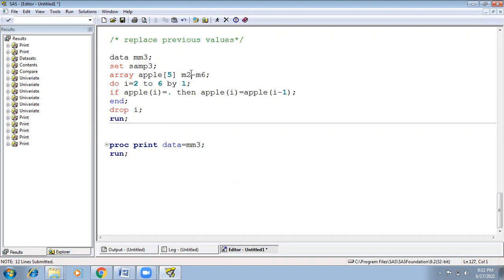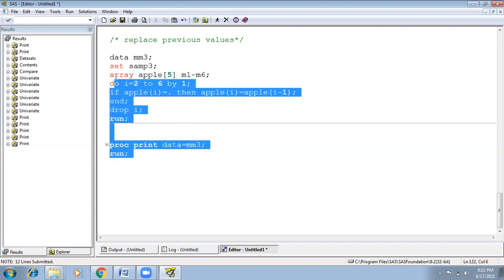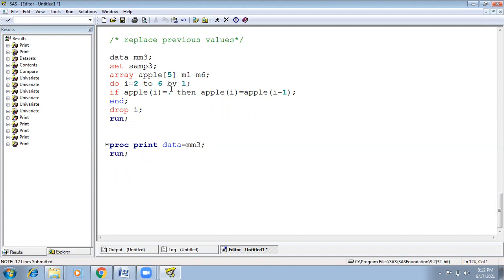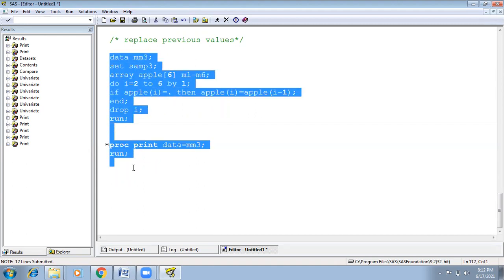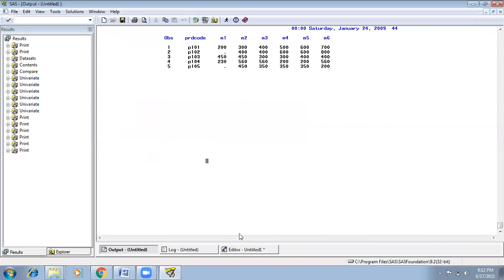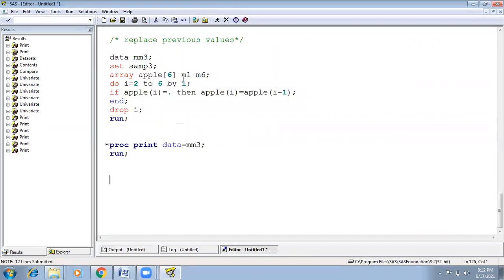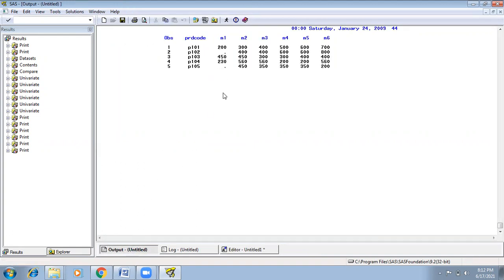Specify the list M1 to M6 by columns, 2 to 6 by 1. Total length here is 6. That's the problem. We have to specify the total length of the columns, M1 to M6. Here we can change the loop process 2 to 6. That's it. So the first column we get as is: M2, M3, M4, M5, M6.